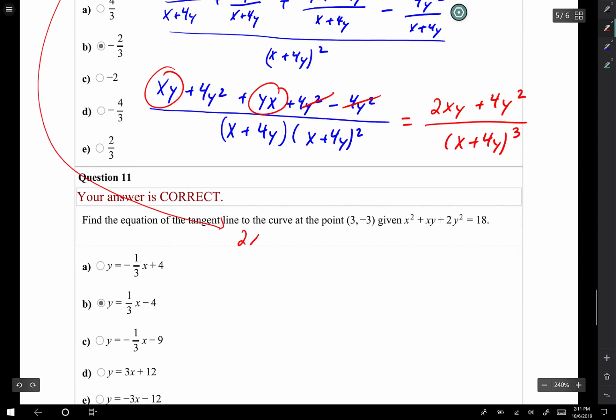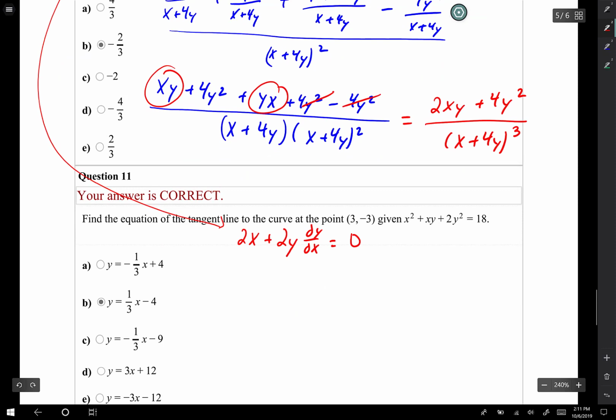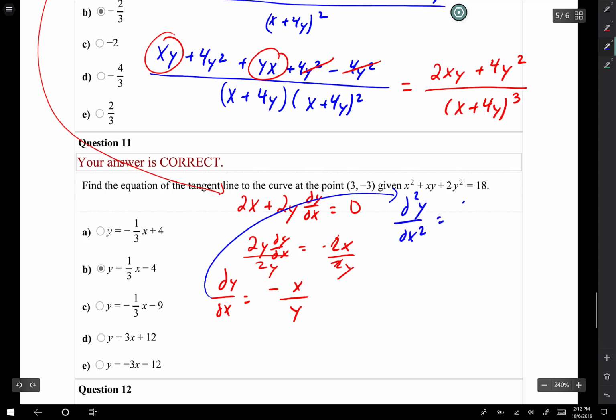Taking the derivative, 2x plus 2y dy/dx equals, the derivative of 18 is 0. Move the 2x to the other side, so 2y dy/dx equals negative 2x. Divide by 2y, so we finally have dy/dx equals negative x over y, because when you divide by 2y, the 2's cancel out, see? So now we're going to do the second derivative of that. So the second derivative is going to equal bottom times derivative of the top minus top times derivative of the bottom,